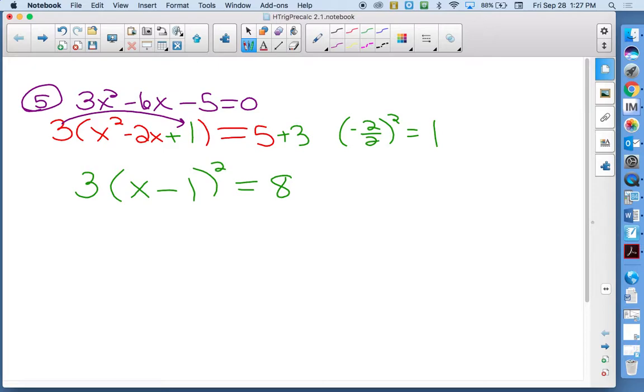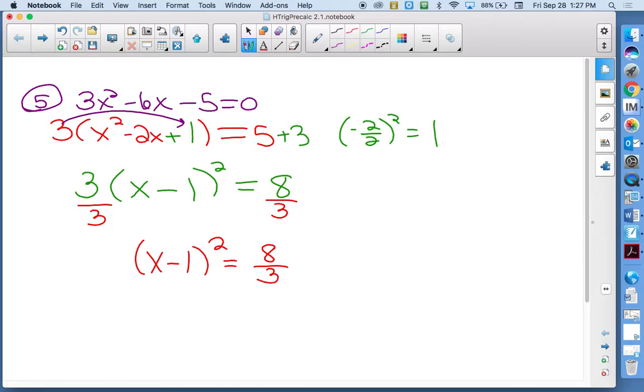So at this point, we would probably stop if we were talking about a parabola, but the directions did ask you to solve. So Brandon, to continue to solve, you would multiply by 1/3 on both sides, or divide by 3, since there's just a whole number over here. So depending on what kind of number you're dealing with, if you have a fraction on the right, multiply by a third. If you have a whole number on the right, you could just divide by 3, but they mean the same thing. And you get,